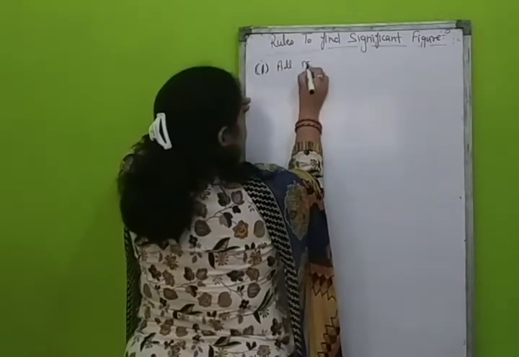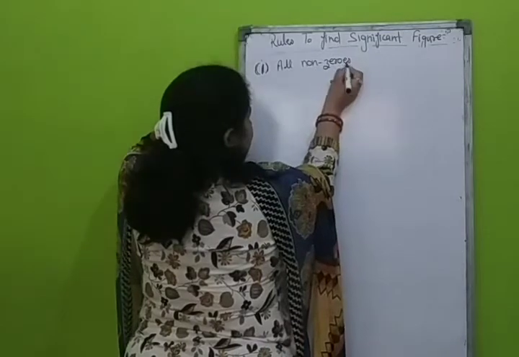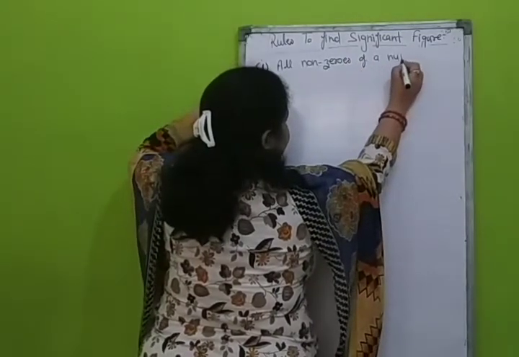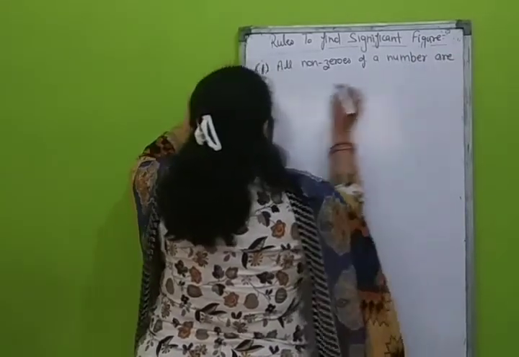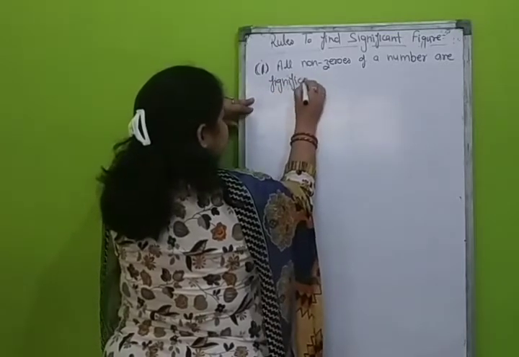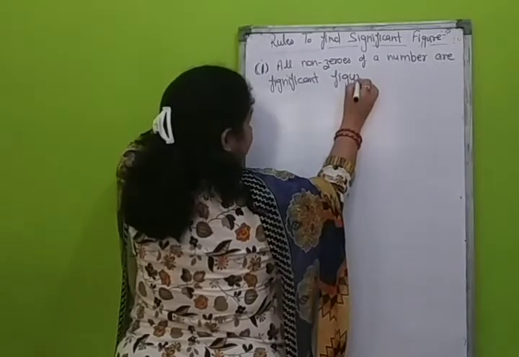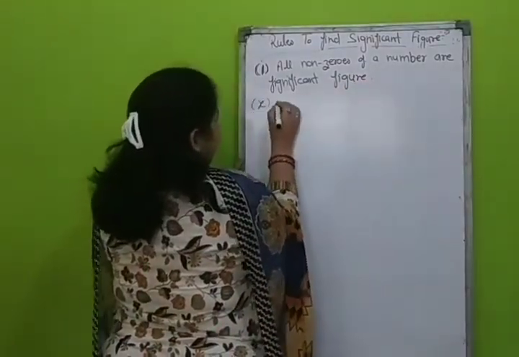All non-zeros of a number are significant figures. Got it? Suppose we have a number x